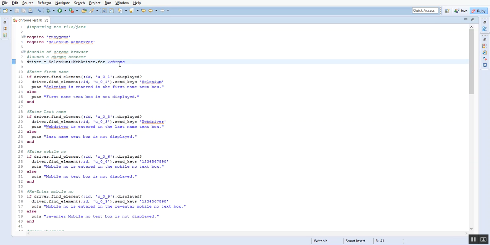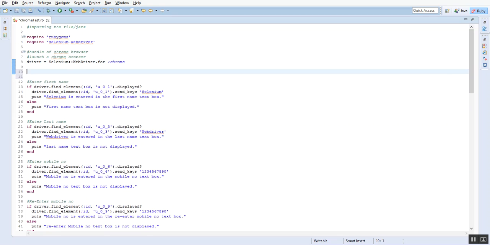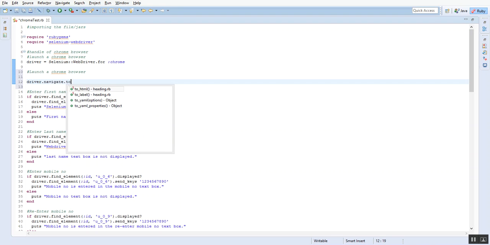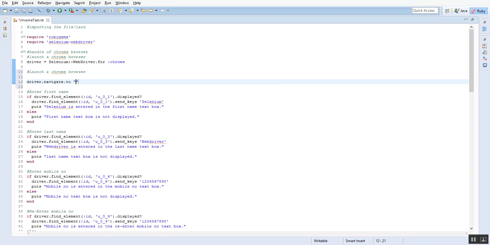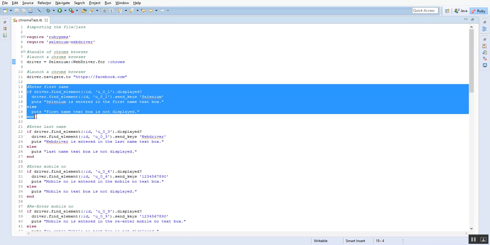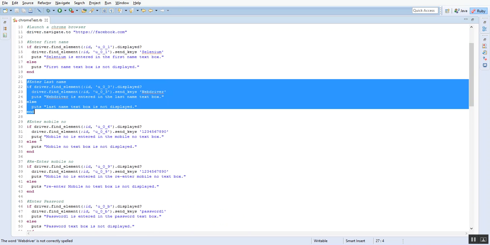So now I just forgot to enter, that is, launch a browser. So I'll just type quickly driver.navigate.to, and I'll type https://facebook.com. So now we are creating a handle of Chrome browser, launching a browser, entering first name, entering last name,